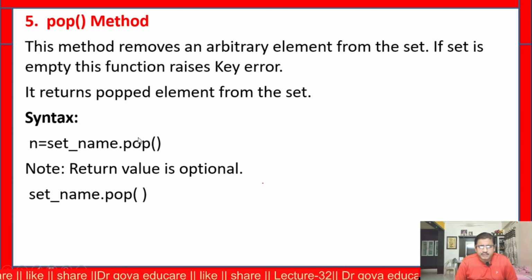The popped element is random, and that element is returned. The returned element is stored into N. Note, observe here, return value is optional. If you want to print the return value, write like this: N is equal to setName dot pop. If you don't want the return value, simply write setName dot pop.